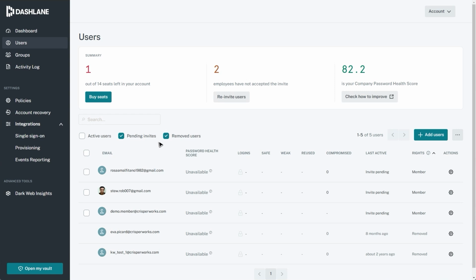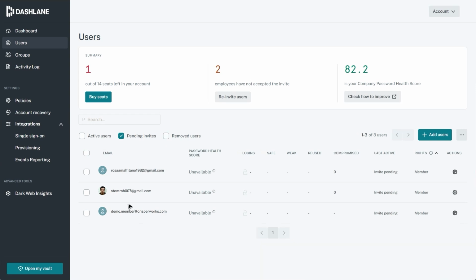You can also decide if you want to see the list of users based on removed users, pending users, or active. Right now, I'm going to click on this user that is on pending activation, and I can also resend the invitation if the user hasn't clicked on the link yet. By selecting the user itself, you can also change their permission to group manager or admin.